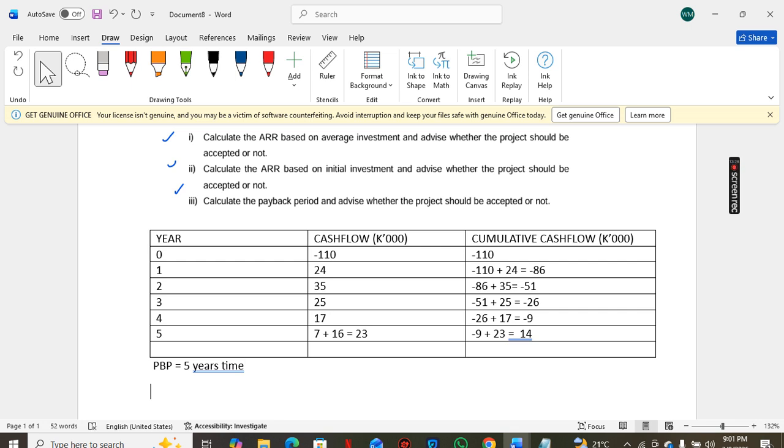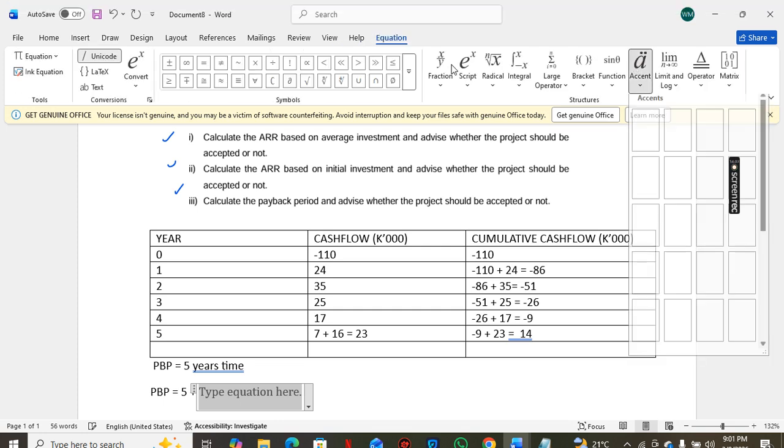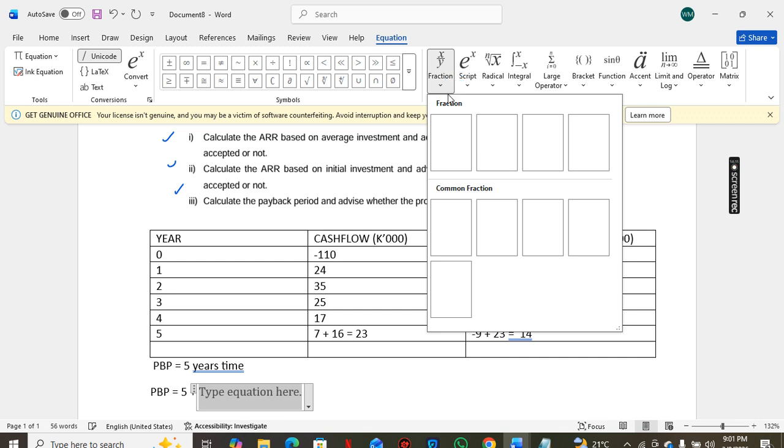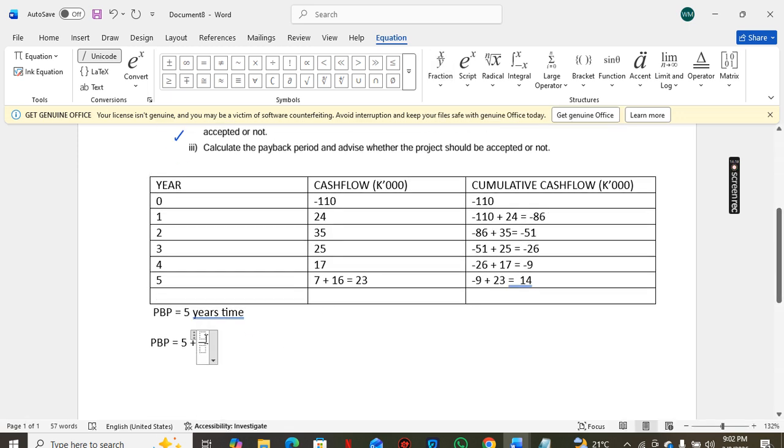Yes. Now, colleagues, if you want to be exactly certain when this is coming in, you're going to do this. So you're going to be 5 years plus